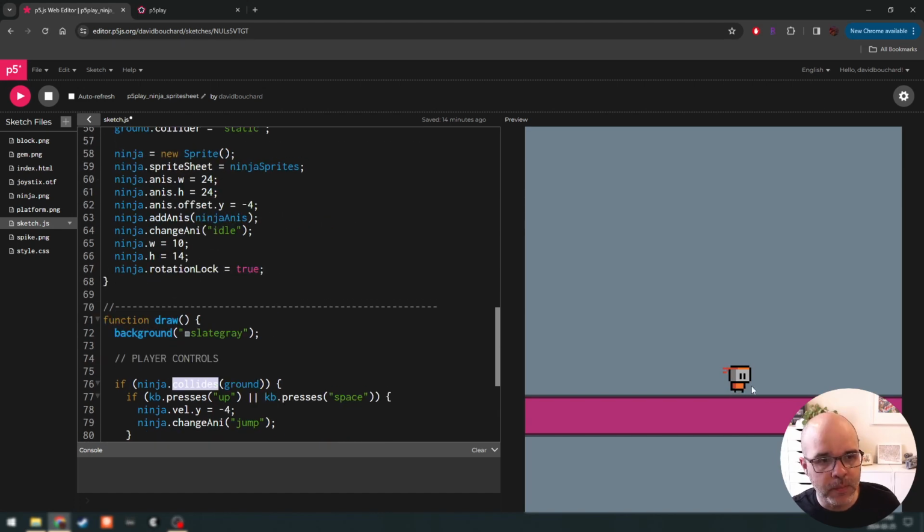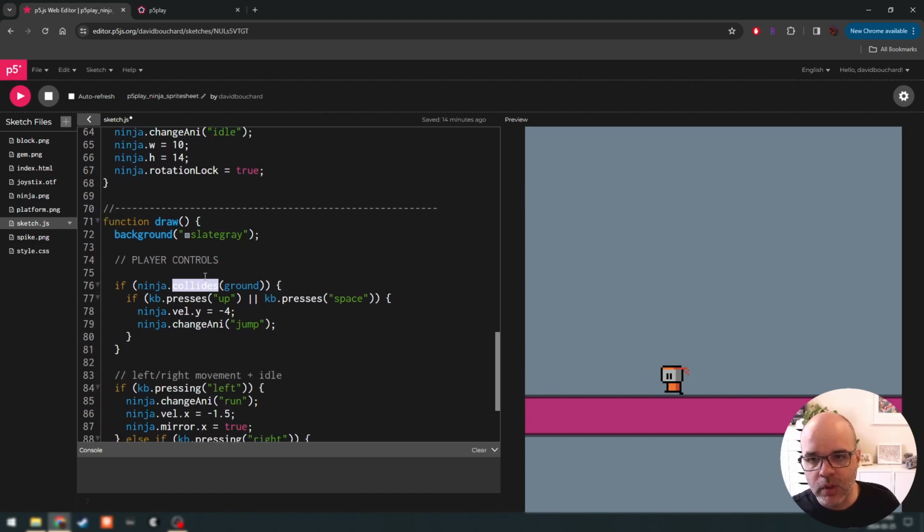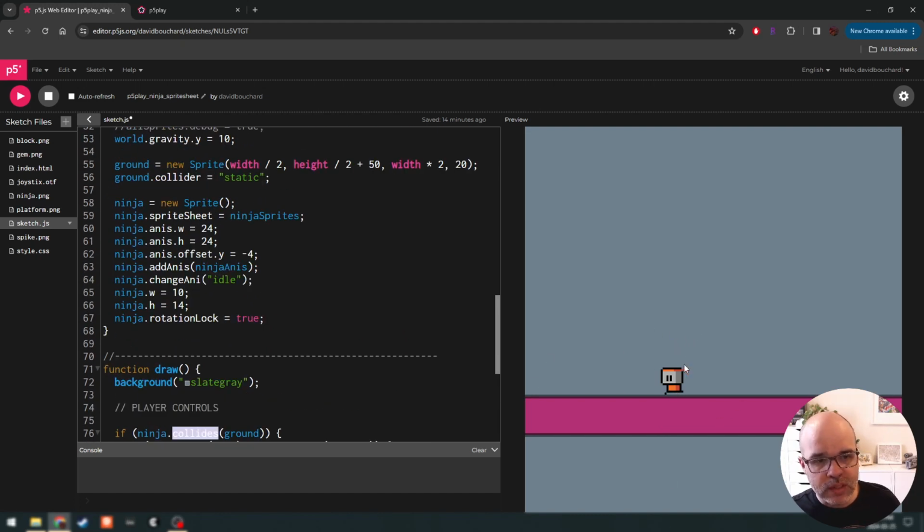The reason for that is that as our sprites collide with the ground, there's always a little bit of bounciness that occurs. And we want to be able to test for overlap. As soon as we touch the ground, we want to be able to jump. But if we do overlap, it means those two objects are no longer colliding, and then we're going to just fall through. So the way we're going to resolve this challenge is we're going to add